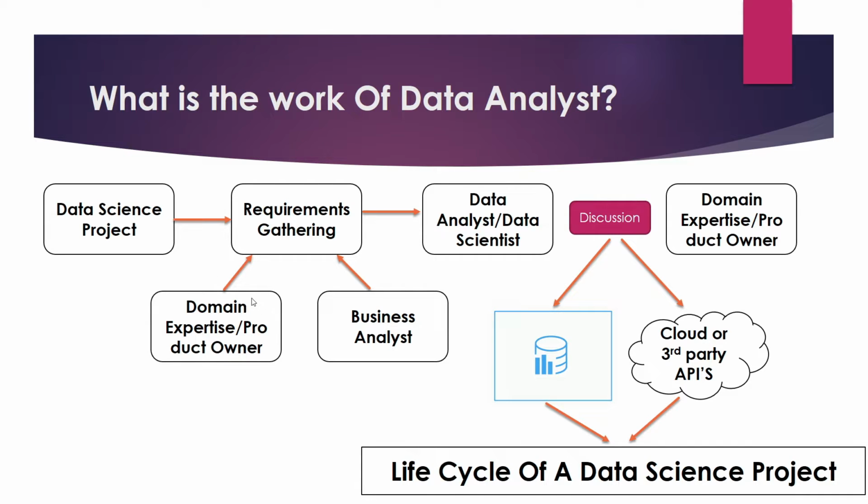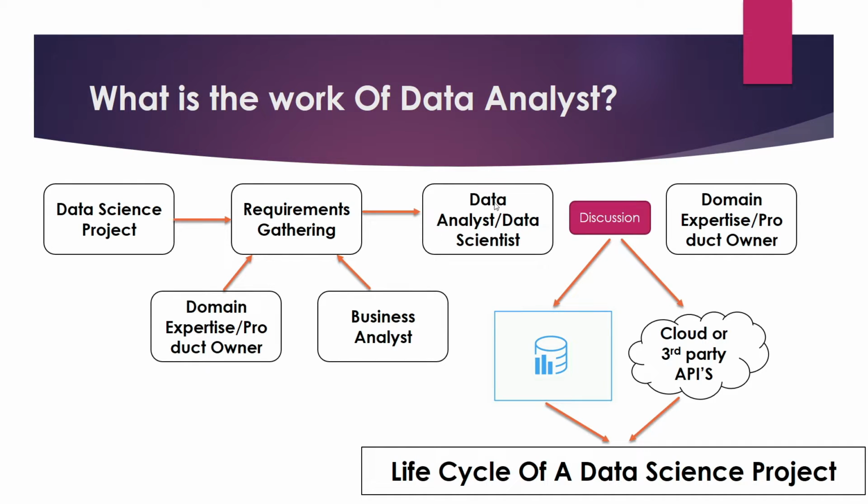So in this requirement gathering, the product owner or domain expertise, because domain expertise is also required, need to jot down what all things need to be implemented. And when we are following an agile process, and probably in every project nowadays an agile process is followed, this business analyst will be doing a lot of discussion with the domain expertise and product owner, and then they will try to jot down all the requirements. After they jot down all the requirements, these requirements are next sent to the data analyst or data scientist.